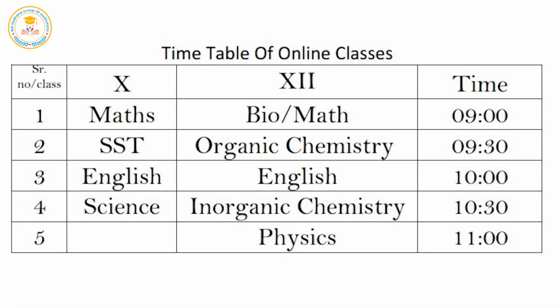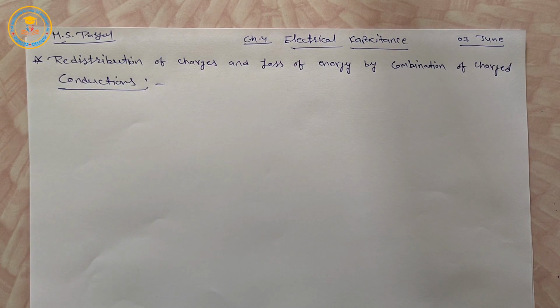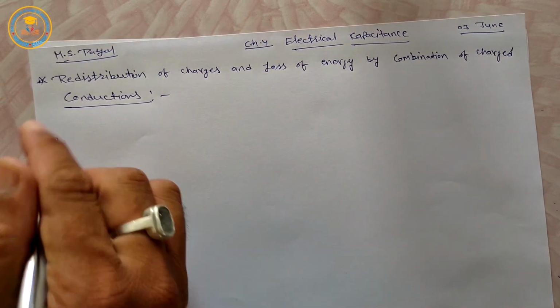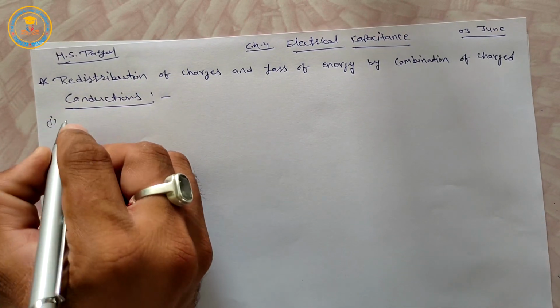Our chapter number 4 is going on, which is electrical capacitance. In this chapter, today we discuss the redistribution of charges and loss of energy by combination of charged conductors. This is a very important topic in terms of the exam, and this is the last topic of this chapter. Firstly, we study